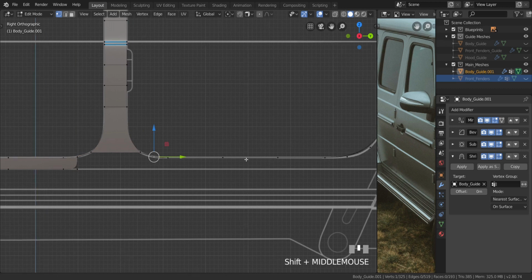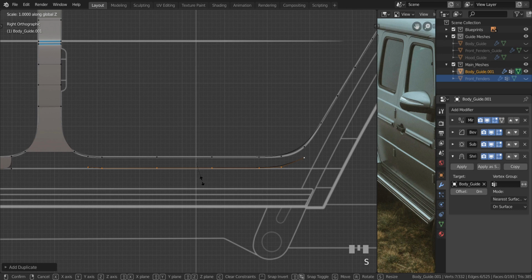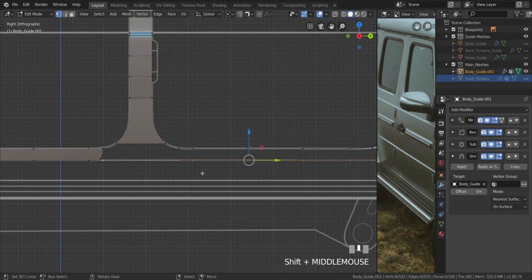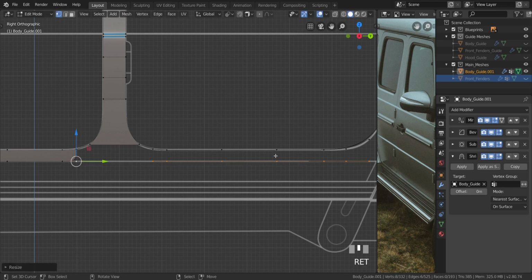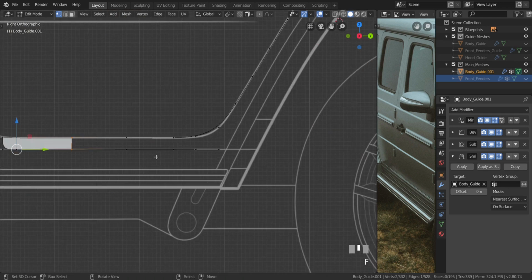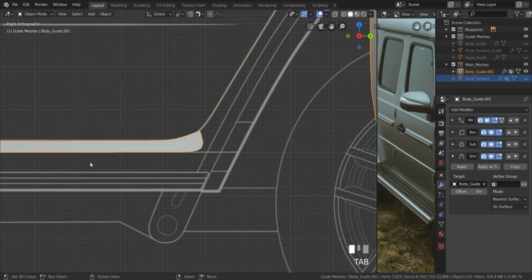Let's do the same over here. Press Shift and D in the Z axis, press S and Z and type in 0. Move this all the way down to the center, like that. So in order to make sure it is flat with this one, we're going to select one vertex from this side, press period and change the boundary box to active element. Press S and Z and type in 0, just to be sure it's in the same line, as in it's as flat as this one is. And now I'm going to take these four, press F, take these two, and press F all the way to here. I'm going to move this to the center right here. Alright,